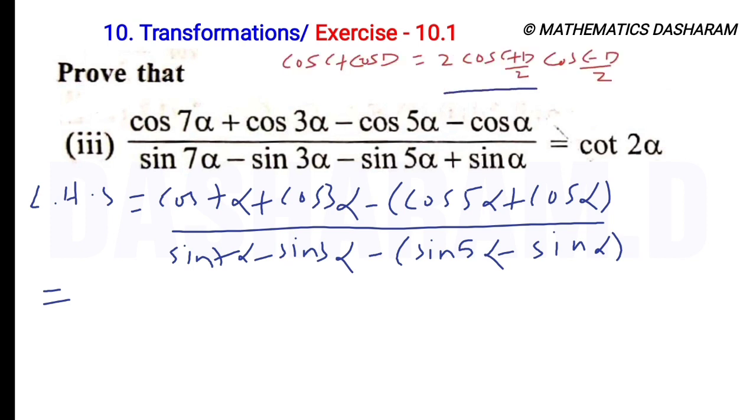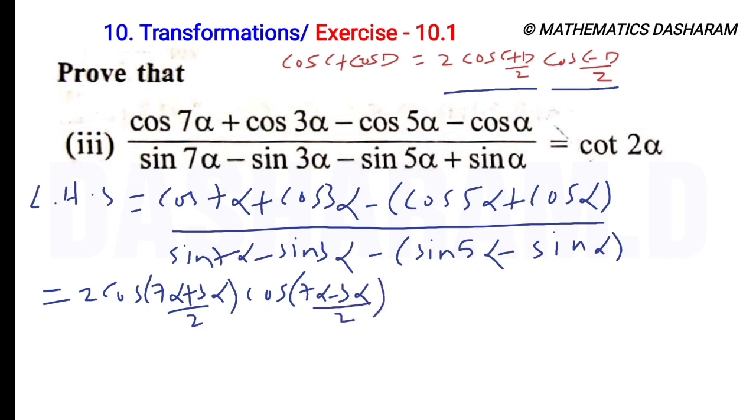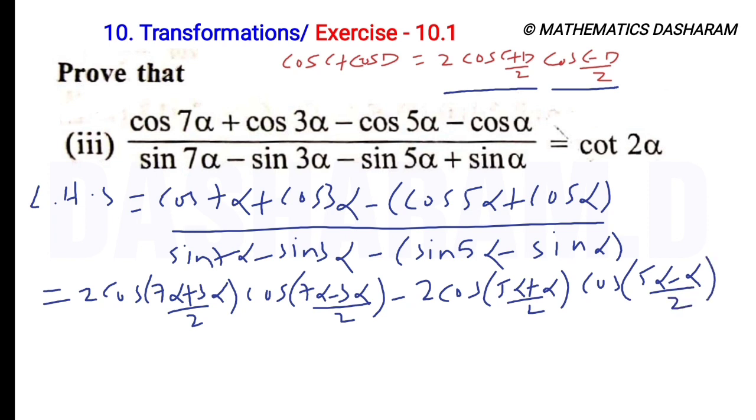It is equal to 2 cos (C plus D) by 2 into cos (C minus D) by 2. So 2 into cos (7 alpha plus 3 alpha) by 2, (7 alpha minus 3 alpha) by 2. Again the same formula: 2 cos (5 alpha plus alpha) by 2 into cos (5 alpha minus alpha) by 2,